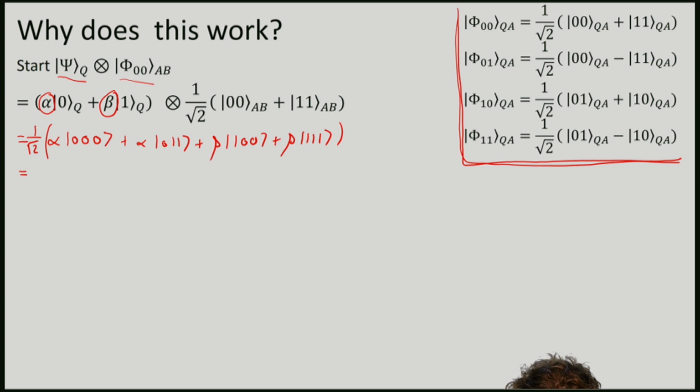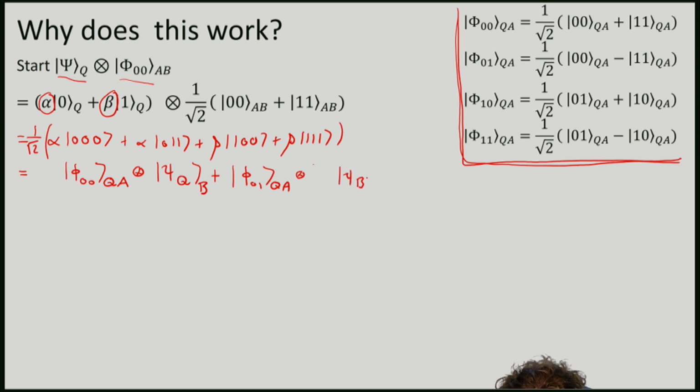I'm claiming that I can write this in the following way, namely, the Bell state phi 0 0 on Q and A tensor our original qubit psi on B, plus phi 0 1 on QA tensor psi on B with the Z applied to it,